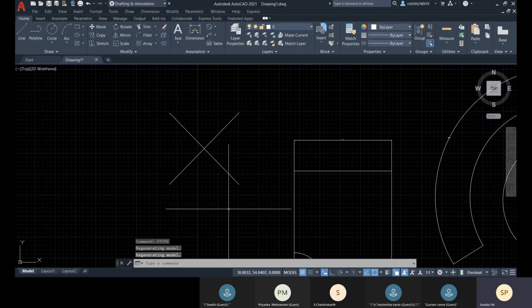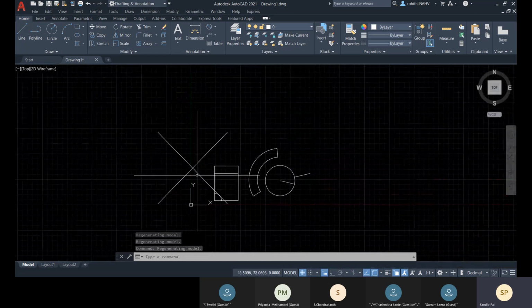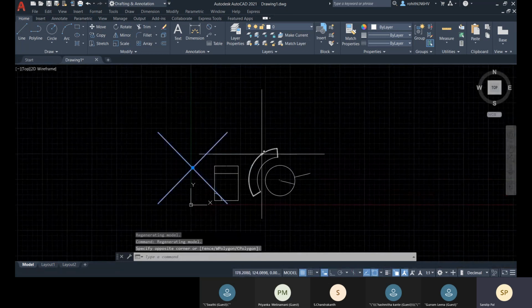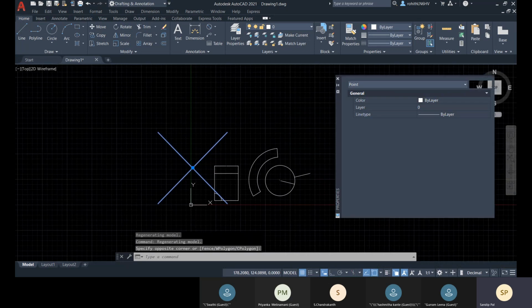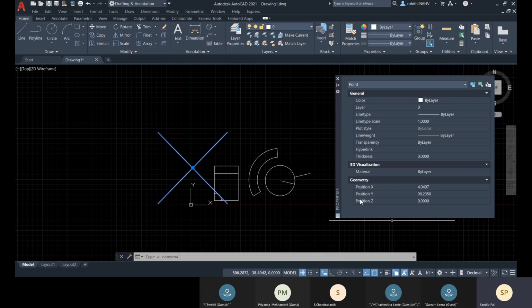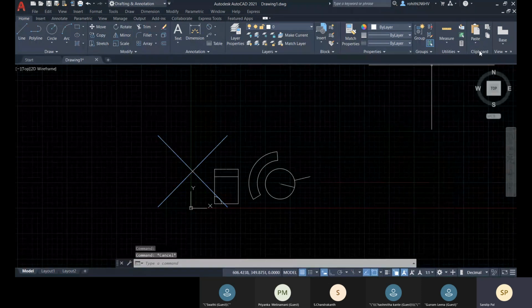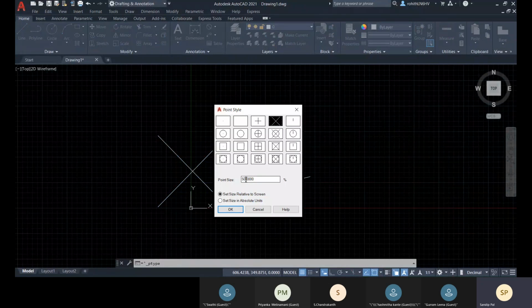Now let me do the change again. You can come to this. So here you can see that this is the position X and this is the position Y, right? We just change this constant, just change it to 10.